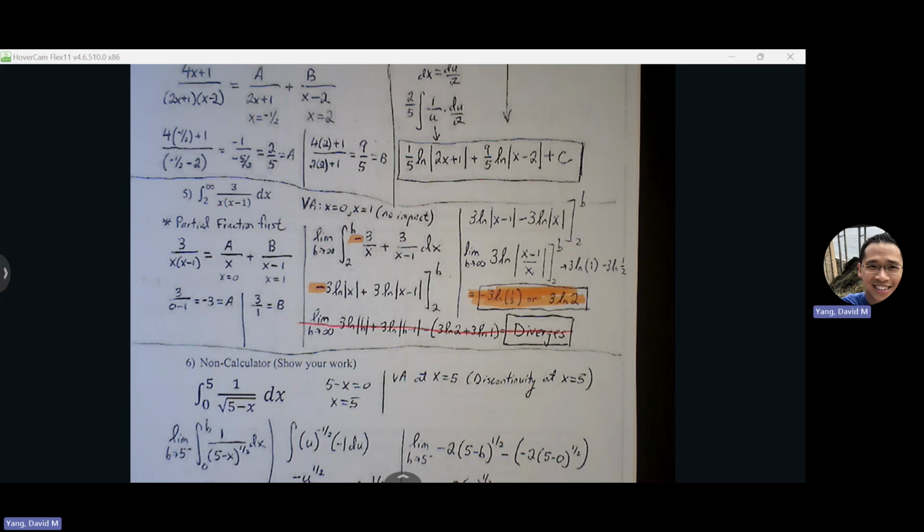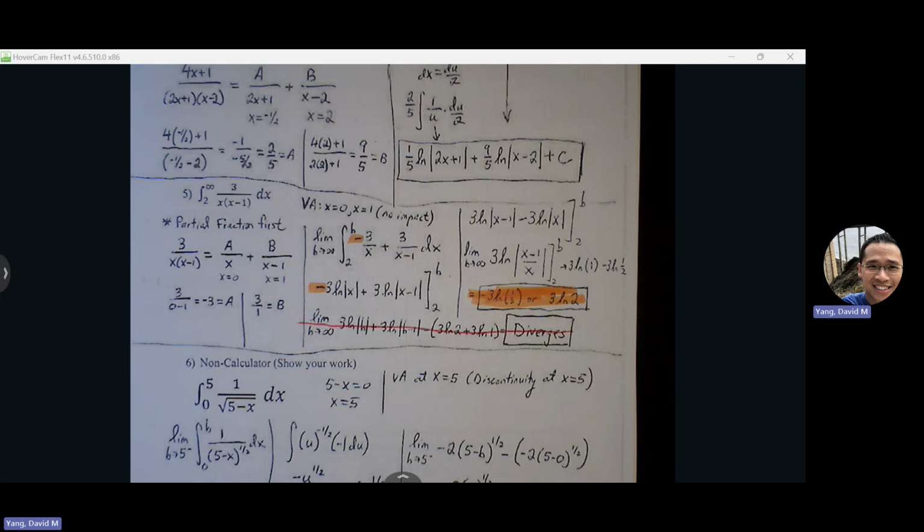And I do the cover-up method, which says, let's find the factors for both my denominators. So this is x equals 0, that's x equals 1. If I want to resolve this a, I'm going to cover up the x and then plug 0 into the remaining expression of my problem. So 0 in for x, 3 over 0 minus 1 is 3 over negative 1, which is negative 3, so